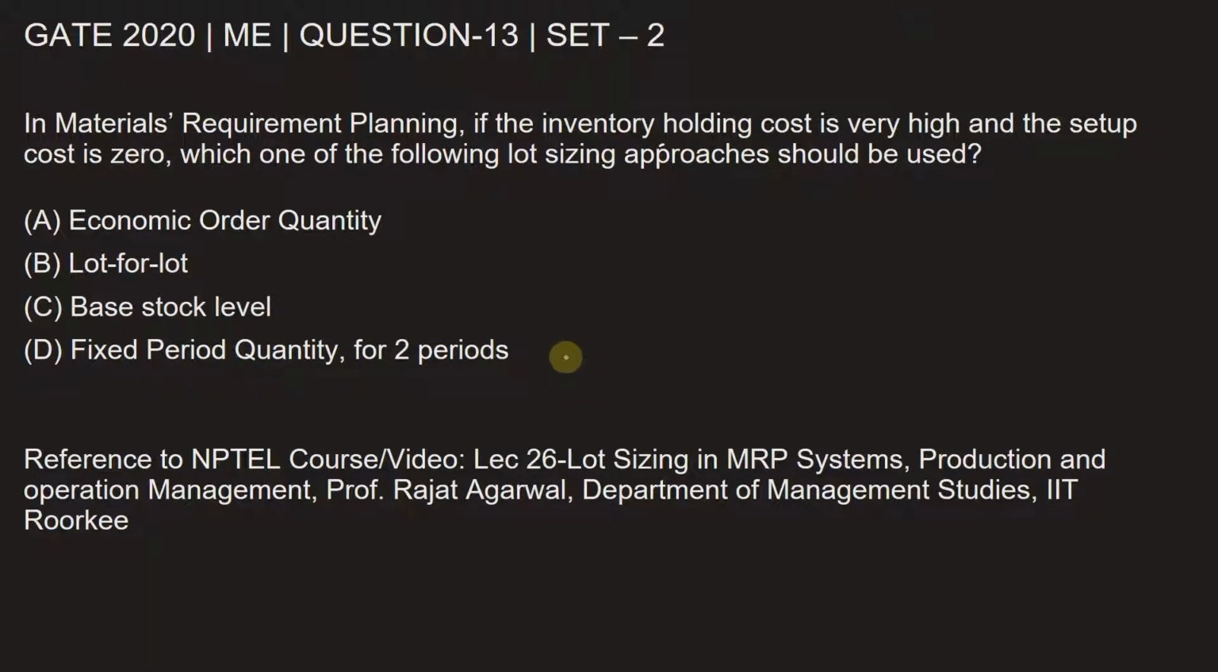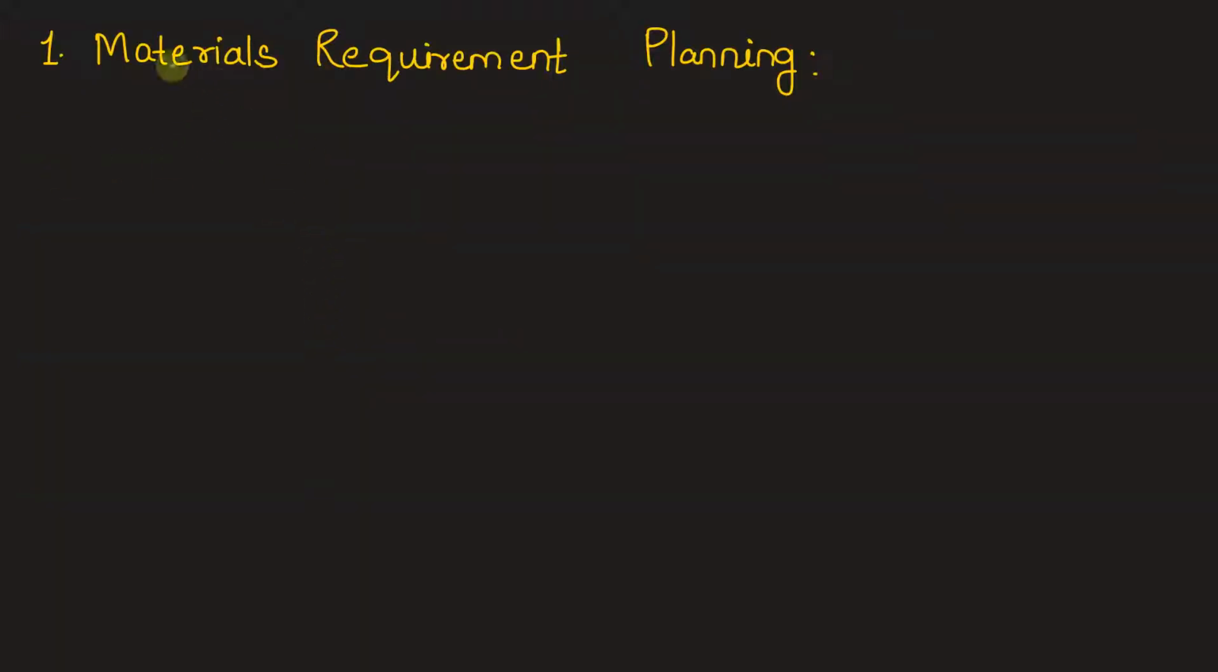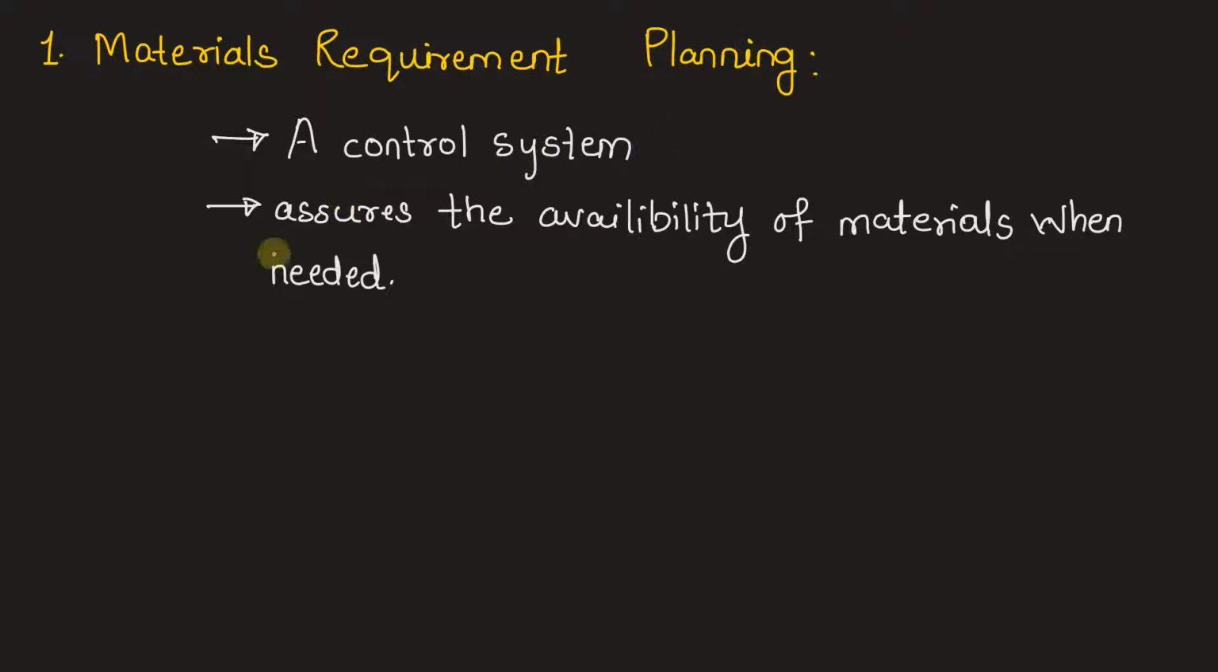To understand the answer for this one, let's first understand what is materials requirement planning. So as the name suggests, materials requirement planning is nothing but planning the arrival and stocking and holding of the materials that are required in a particular process. So it's a control system that will assure that there is enough availability of materials that are required in a